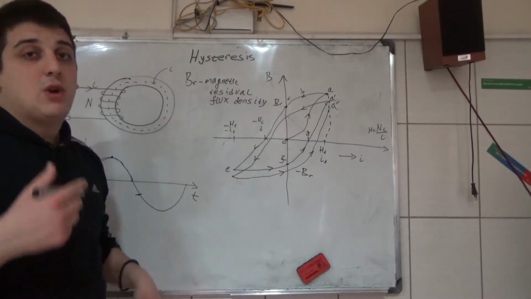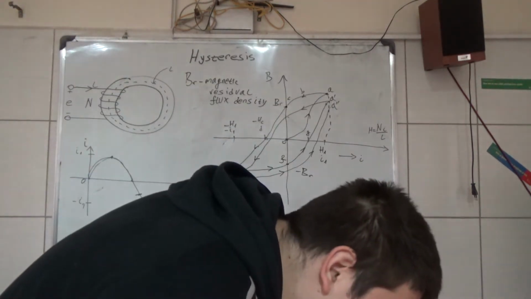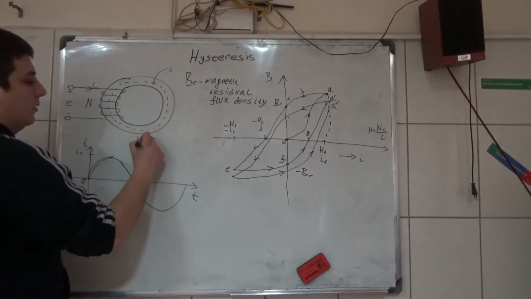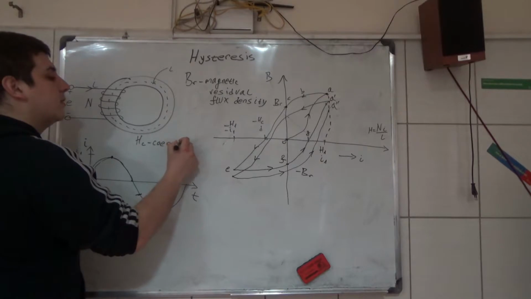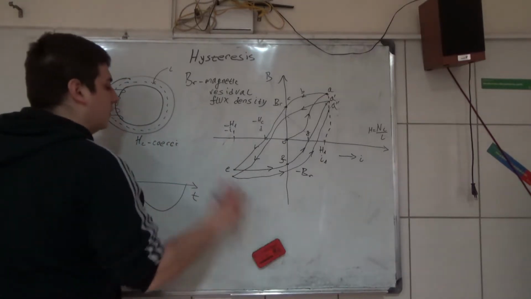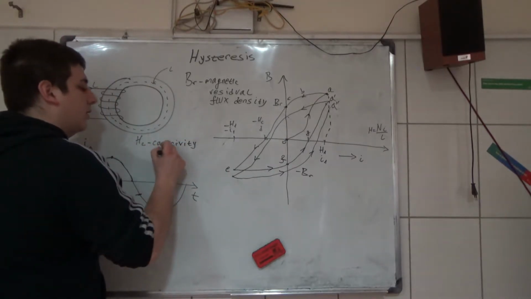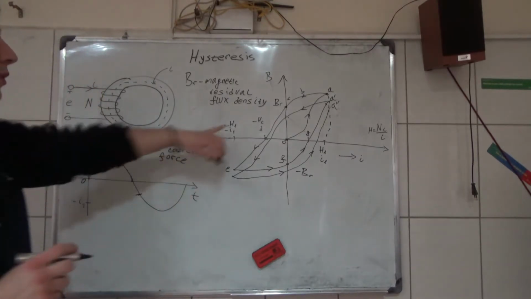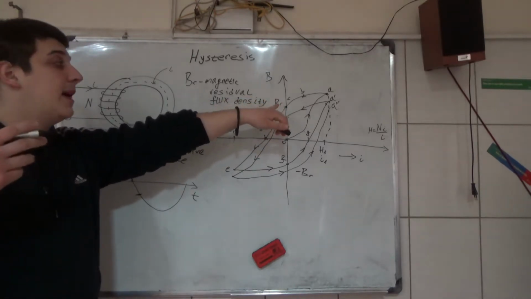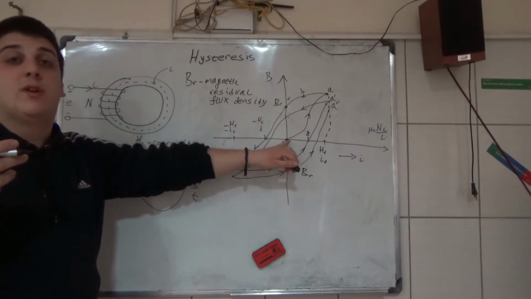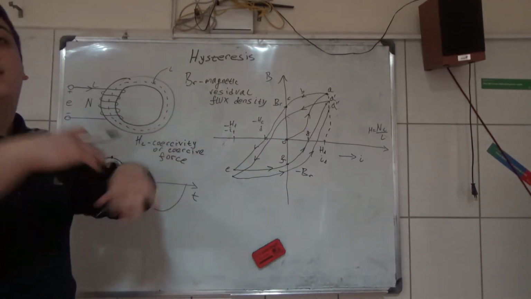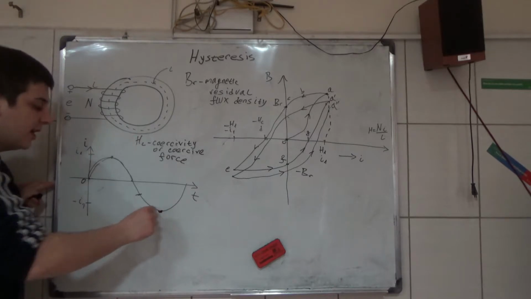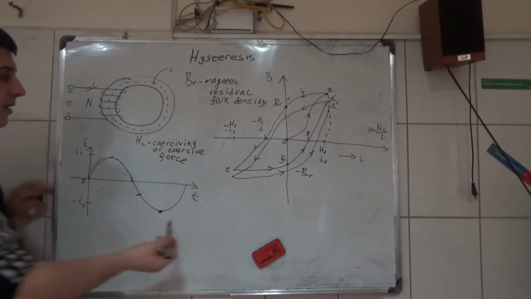This minus Hc is called, sorry, my English is bad, but I think it is called coercivity, or coercive force. So when you came to this minus Hc, this magnetic flux density is equal to 0. So now the magnetic circuit is demagnetized. Now if we go here to minus H1, which is the amplitude of this sinusoidal current, you will get